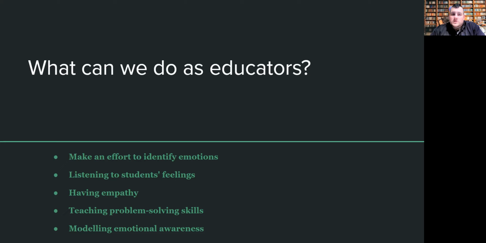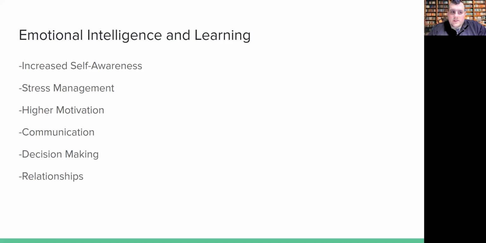We also have to teach problem solving skills in the classroom. So critical thinking skills are extremely important for each and every student. It helps not only with their understanding, but it helps them to think logically first rather than emotionally. We also have to be modeling emotional awareness. So we have to be the models of social emotional learning and being aware of our surroundings and our own emotions, knowing that we cannot bring into the classroom our own struggles. We have to be that smiling face. All these things in turn build together, and they all build an emotional intelligence in learning.